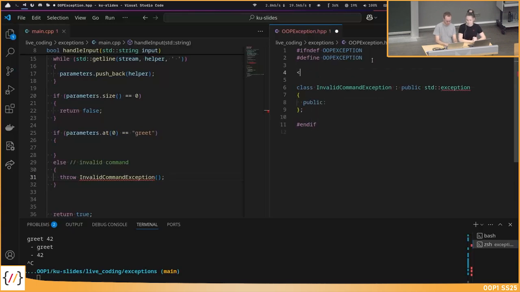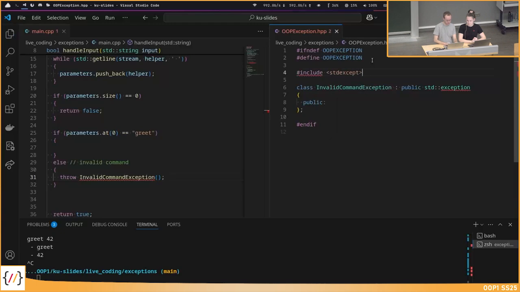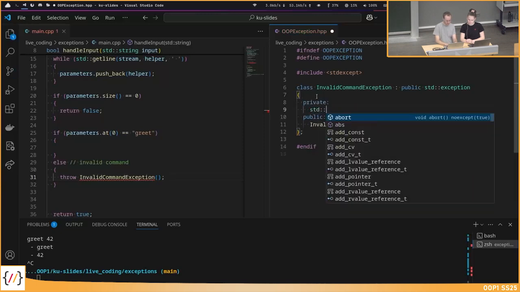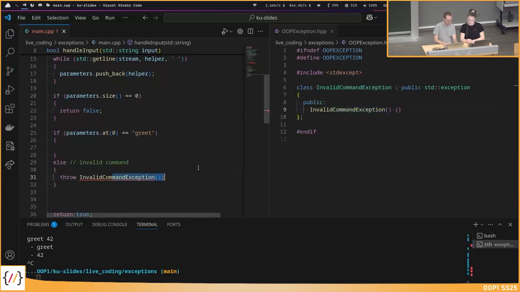Maybe we need to include also except, now that it knows the exception, and maybe create an invalid command exception. I think we don't need parameters at the moment. So just create the constructor here so that this exception can be called.